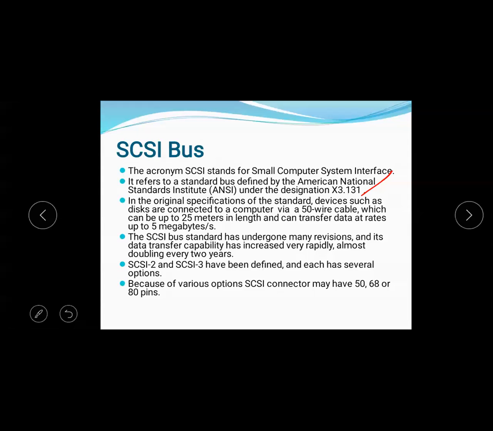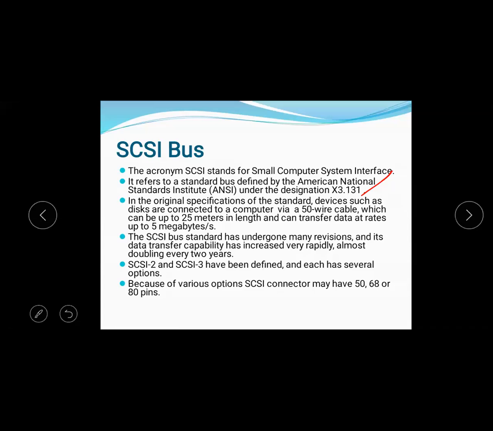The SCSI bus standard has undergone many revisions, and its data transfer capability has increased rapidly, almost doubling every 2 years. SCSI-2 and SCSI-3 versions have been there. Because of various options, the SCSI connector may have 50, 60 or 80 pins.